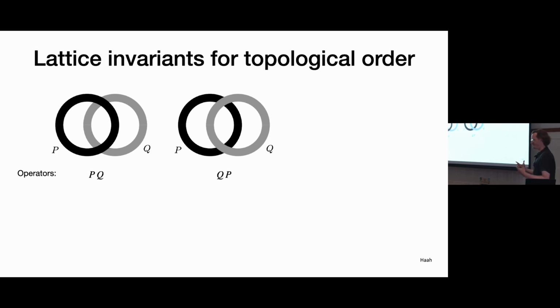And then you take an equivalence. So there's going to be many operators in this annulus that preserve the ground space. And you quotient out by all the local ones. So you could imagine there's going to be maybe some local blobs here that preserve the ground space, and then there's going to be some string-like one that goes all the way around. And you essentially are collecting the string-like ones into some classes up to this local stuff. And this is an essential step, because if you run the lattice, there's going to be a bunch of local details, and you need to have some step to remove these if you want to connect to the more coarse-grained picture.